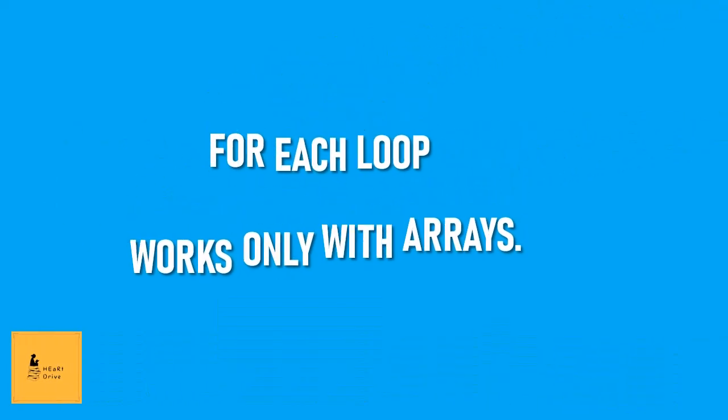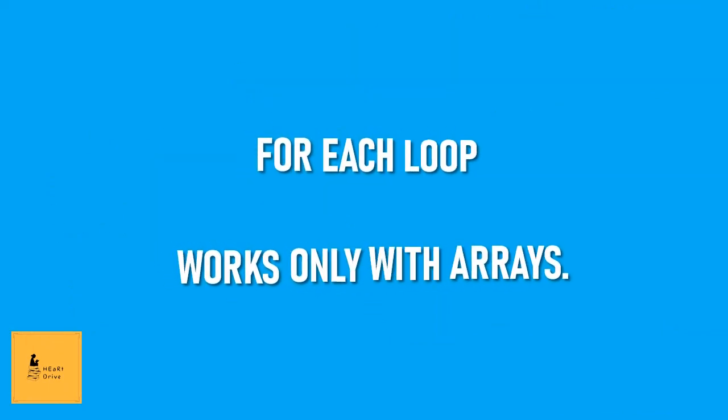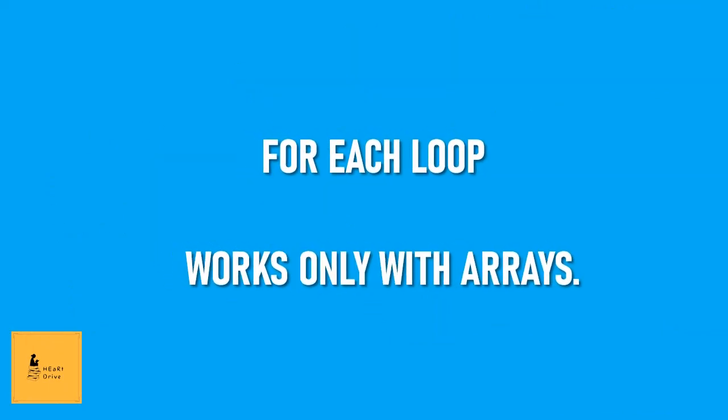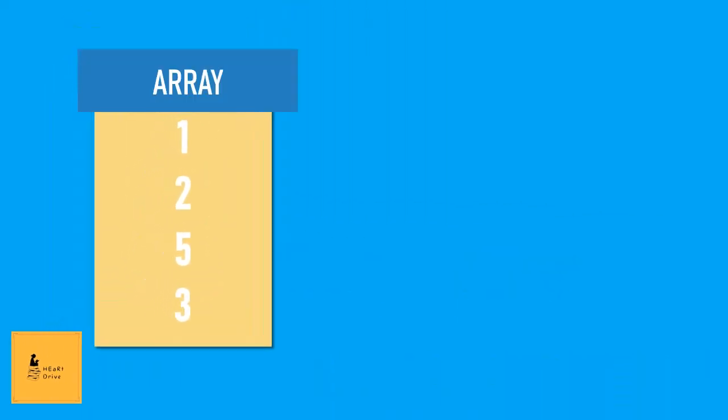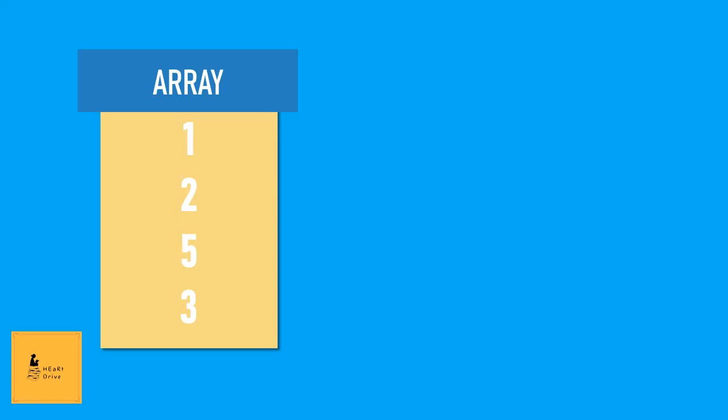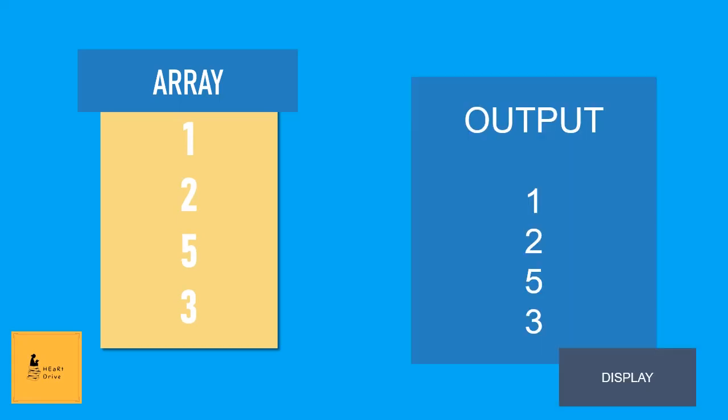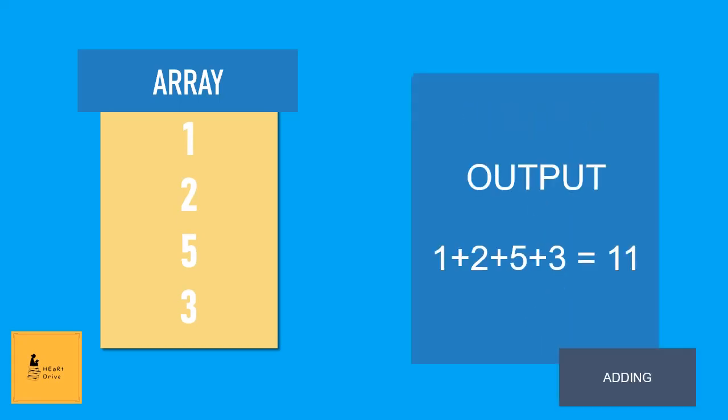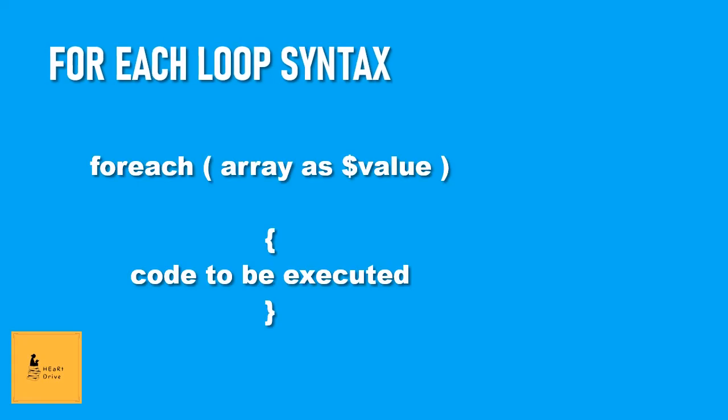For each loop. For each loop is exclusively available in PHP. It works only with arrays. Array is a collection of values in a single variable. To use array values in a loop, like displaying the array values or adding values of array, for each loop could be used. The syntax of for each loop is foreach, array as $value,